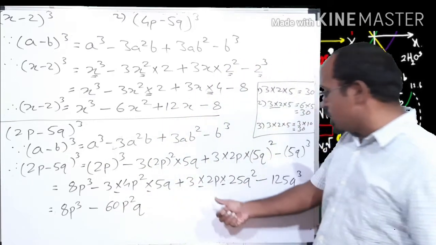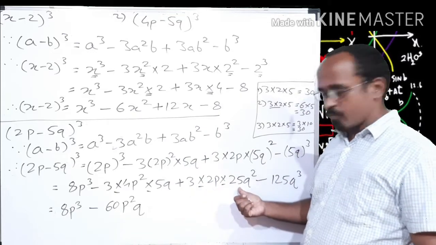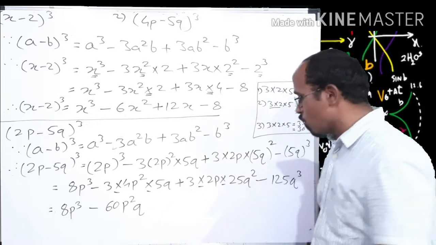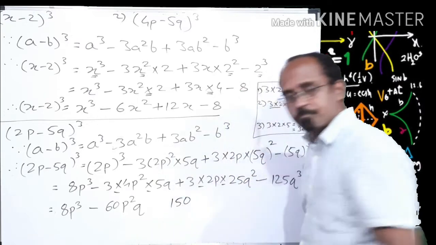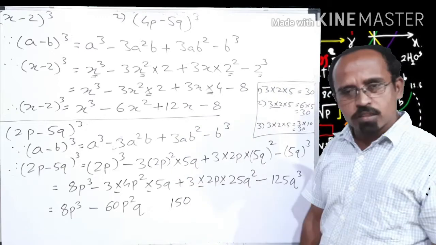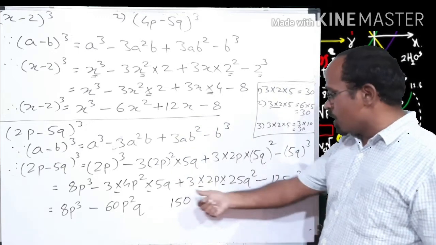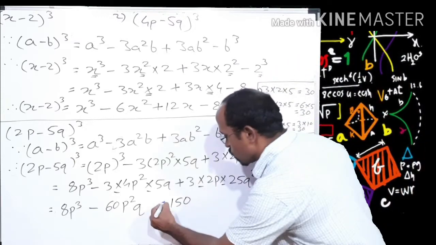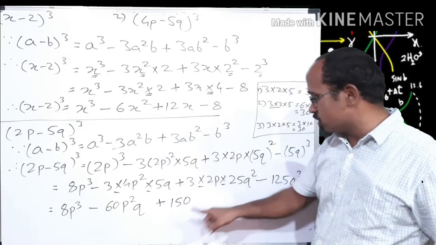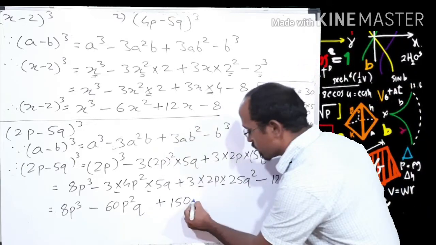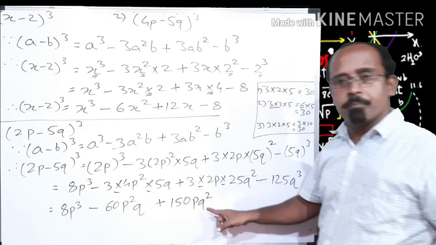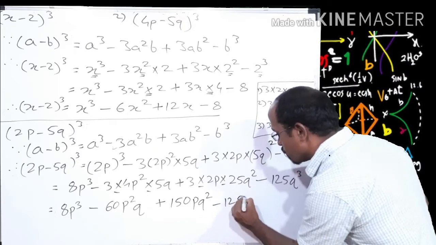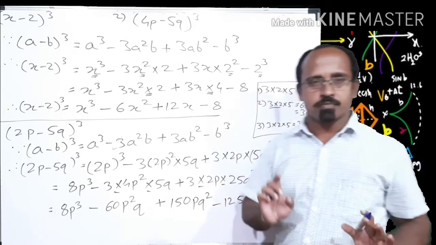Okay. Now next, 3 into 2 into 25. 25 2s are 50. 50 3s are 150. So the answer of multiplication is 150. Now let us see the symbols. Plus plus plus, and again plus into plus, plus. So the symbol of the answer is also plus. Let us see the variables. p into q square. Different variables, write them as it is, p q square. Clear, friends? Minus 125 q cube, which is not multiplying with any other number.